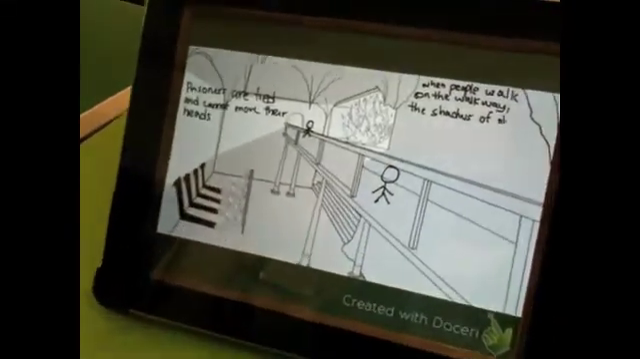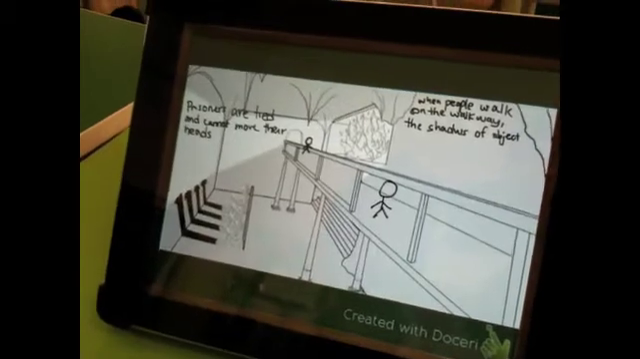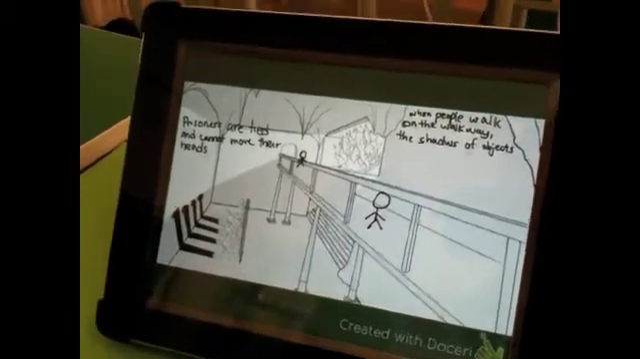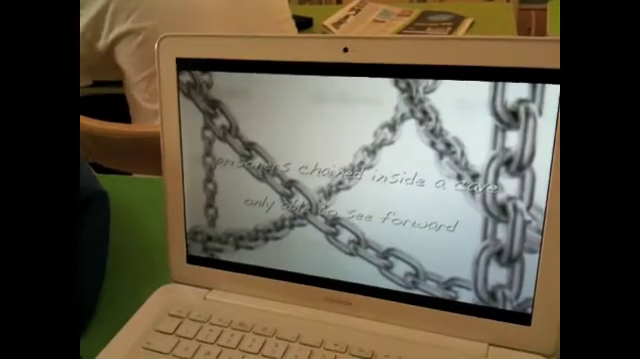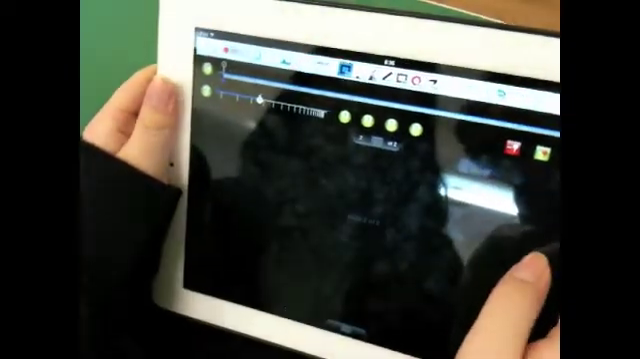By using an app like Doceri, students can explain concepts using drawings, voice recordings, and pictures. Through iMovie, students can engage in tasks by creating movies that illustrate their interpretation and understanding of the work. There are other apps like Comic Life,